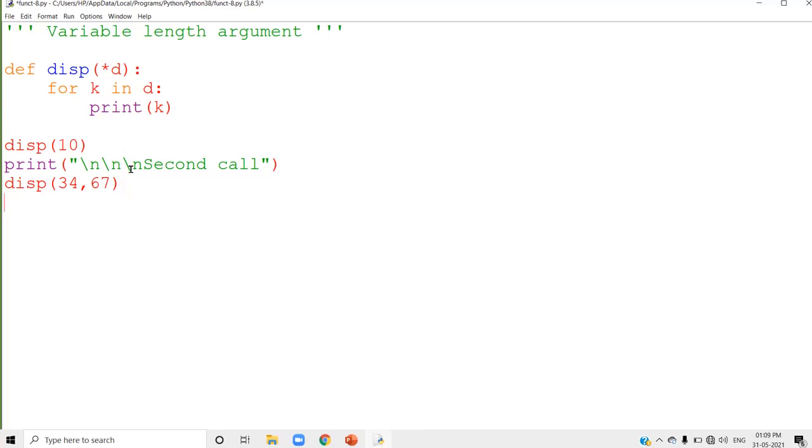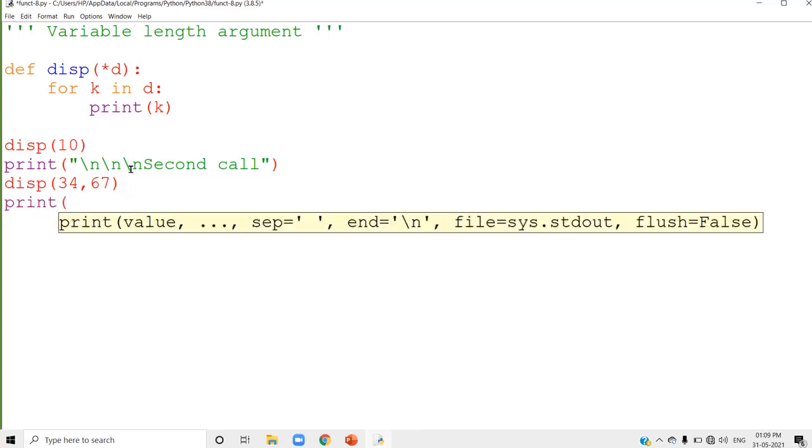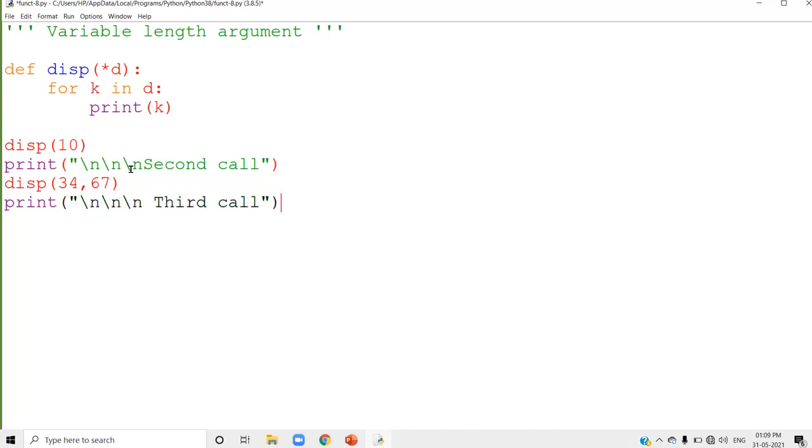Just try out another method. Print, third time I'm calling the same function. Yes, third call, disp. I'm passing 34, 4, 6.